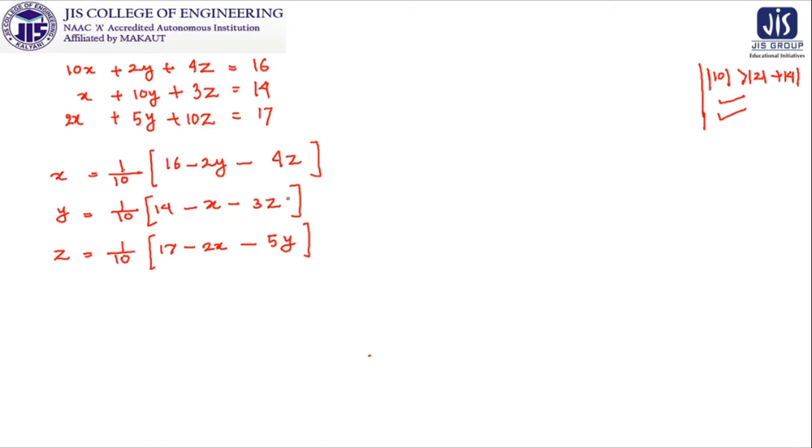Here concentrate on one thing: as it is an iterative method, there is my initial approximation. Why is the initial approximation required? Because the initial approximation is denoted as x0, y0, z0, which means we have not done any calculation at the 0th step. We are assuming their values,